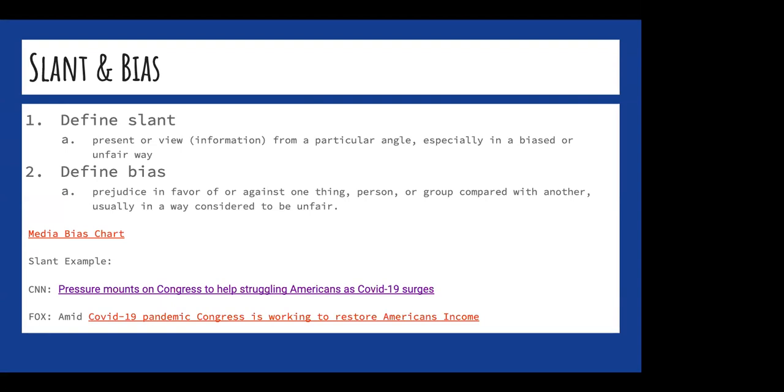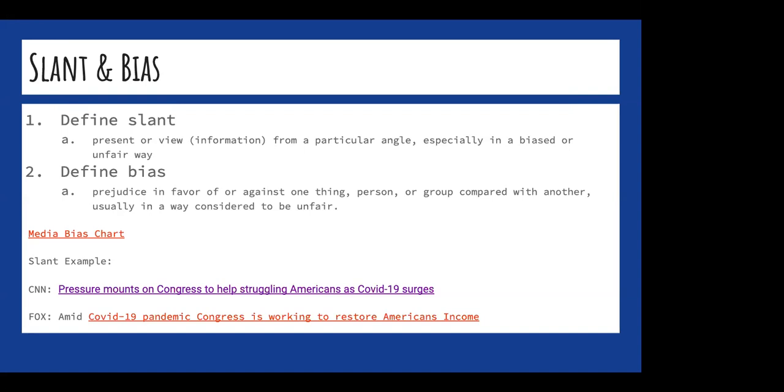Now, prejudice could be good or bad. Okay, so prejudice in favor of something or against something, or a person or a group. And so the way you tell the story, the way you present information, is in an unfair state. Okay, and so when you're talking about